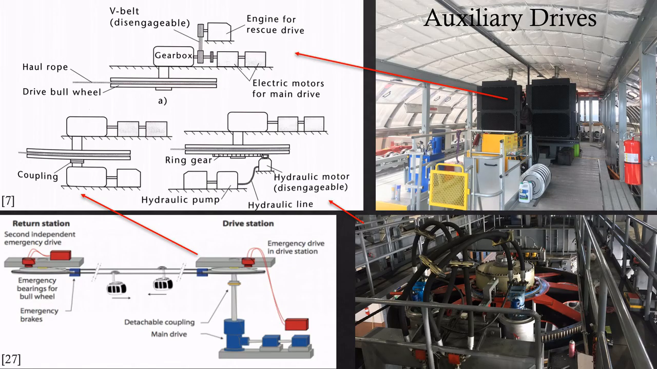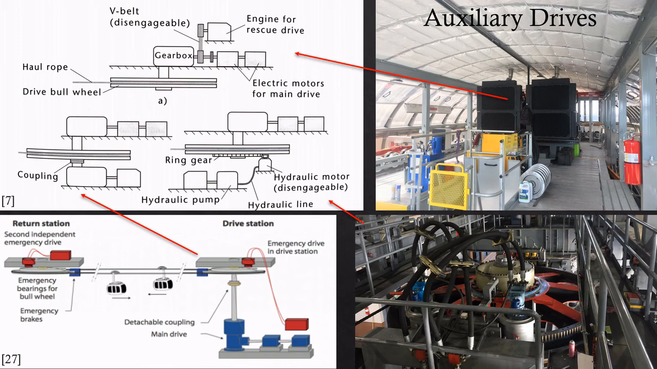Auxiliary drives are used to provide power to the ropeway in case of failure with the primary drive setup. The image on the top right shows a setup where a diesel motor is used to provide input to the gearbox in case of a failure with the primary electric motor. Note that in this specific image, the ropeway does not use a disengageable V-belt, but rather a splitter on the gearbox that can take input from different components. Here, the gearbox is still used in both setups, so the ropeway would not be able to move in the